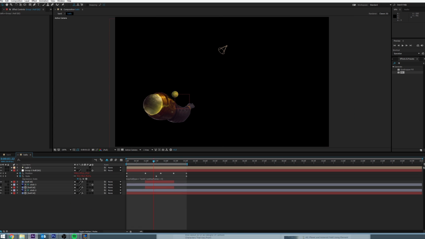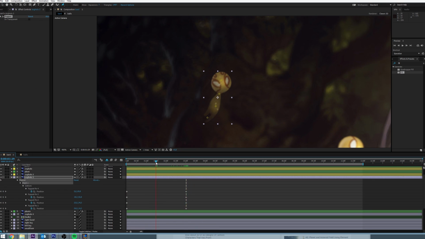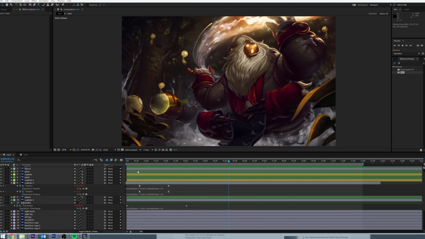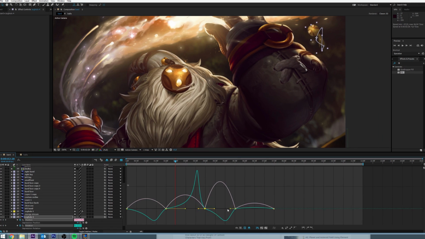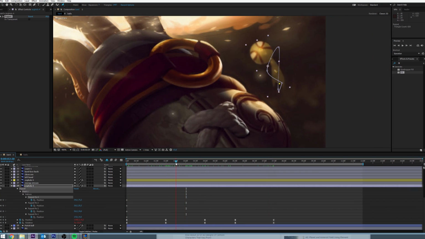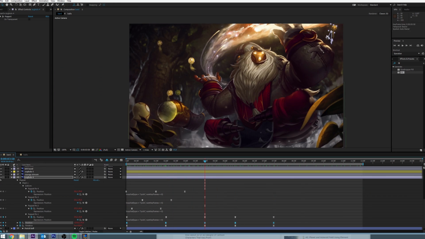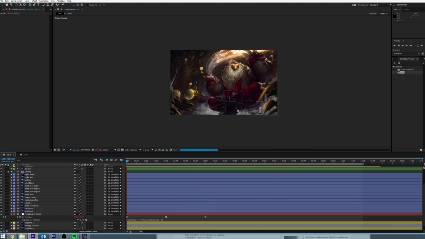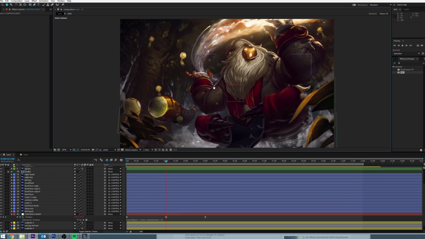For the staff, I had a problem, so I just fixed it there with a small patch, blurring it. I used Element 3D to have these 3D spheres, and I thought that's the best way of doing it, since I can have light, and it will give me a more believable 3D look. I had to do this in a pre-comp, because I need to put things in front and things in the back and change subtly the bulb, so that it appears that it's going behind it, since I don't have the staff in 3D and I didn't want to do it in 3D anyways.